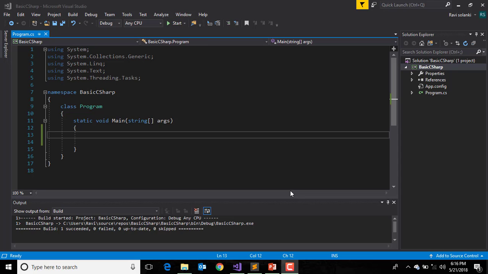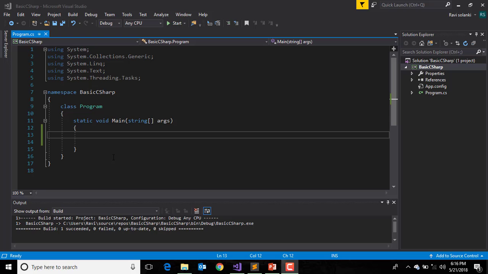C#. Okay, so this is not like a step-by-step tutorial, it is just a revision for when you already know a programming language and you want to shift to C#. I'm guessing you already know C, C++ or Java. Okay, so let's learn here. The main IDE used for C# is